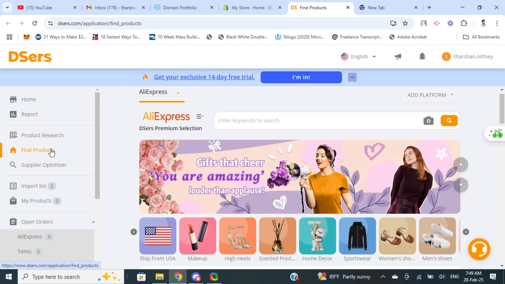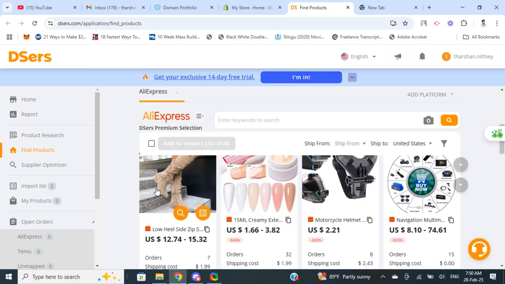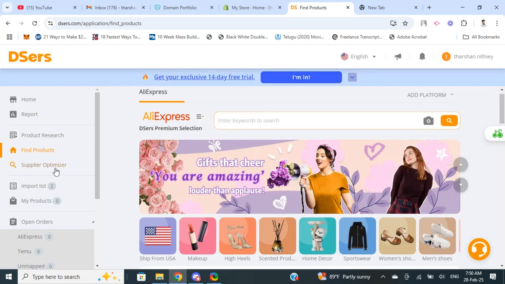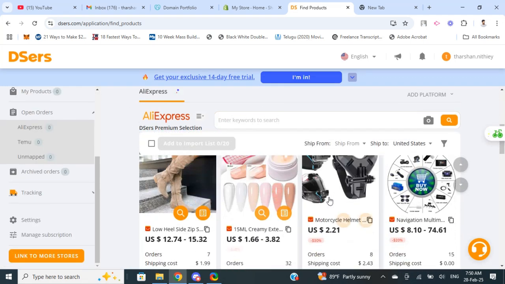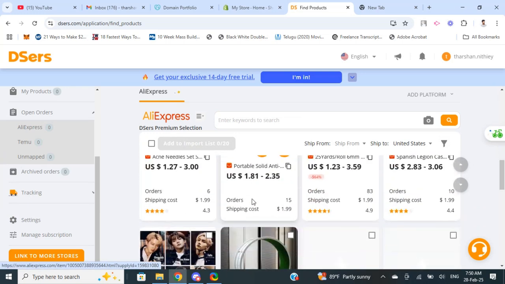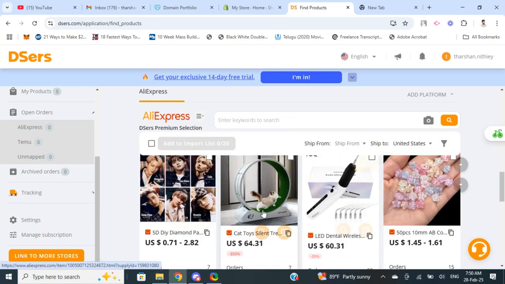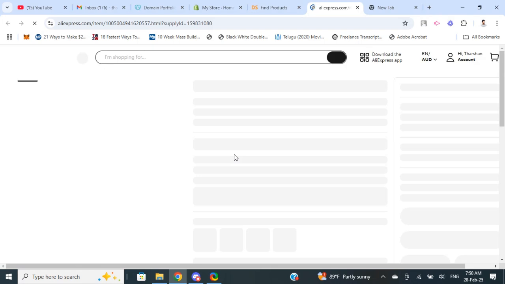Once you have logged in, you will get to this site here. This is the next page that you will see in Deezers. What we're going to do is import stuff to our store, which is connected to our GoDaddy domain. All you have to do is simply select the item. You can either search for any products here, or else simply choose an item here. For example, let me use this. Click on the item, and then we're going to push this